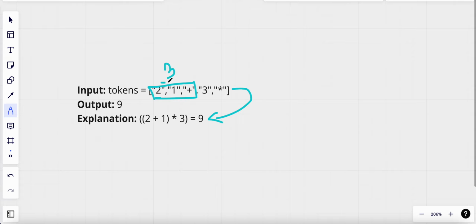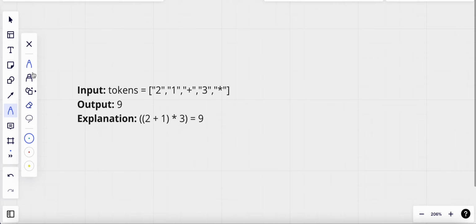Now we are going to use a stack to perform this whole operation. We take an empty stack, and then we keep pushing into the stack as long as we do not encounter an operator. So we push the value 2 into our stack,